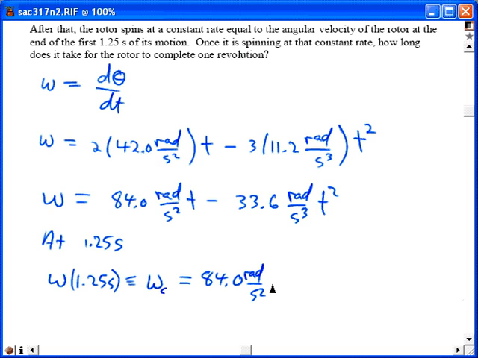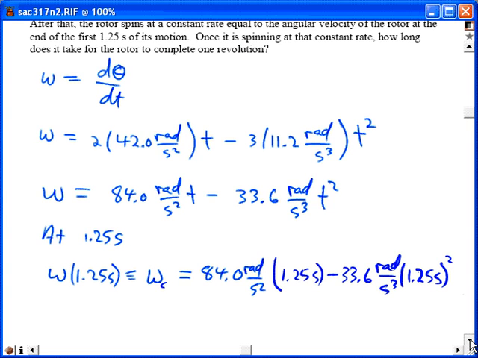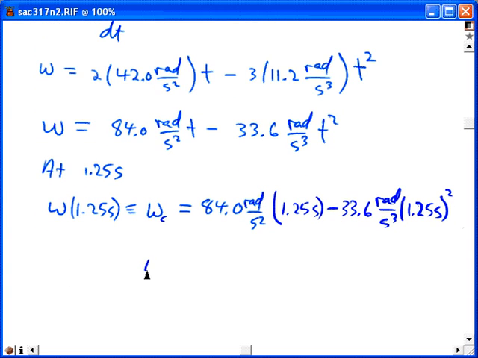So we have times t, which is the 1.25 seconds, and then minus 33.6 radians per second cubed times the 1.25 seconds squared. So I just need to evaluate that to get omega c, and I find omega c is equal to 52.5